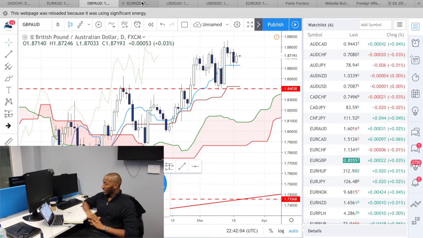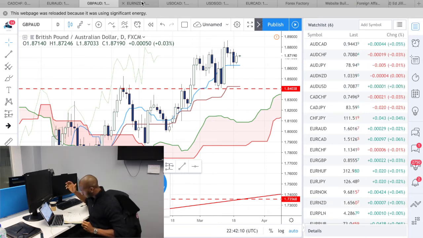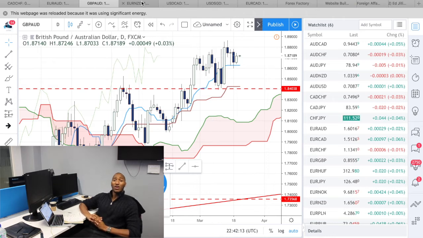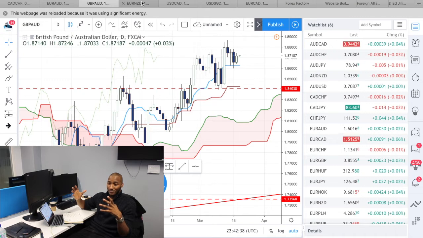From tomorrow there's going to be the employment change figures released in relation to AUD, so Australia. Right now, it's predicted that it's going to be an increase of 15.2 thousand. So that's the number to beat, really, if it's going to be a positive one. So just look out for that, and if the number is greater than that, then most likely there will be a positive reaction in the market. And obviously, if it's worse,